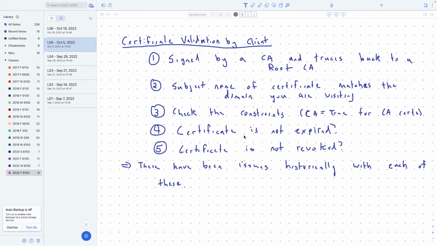All right, so last class we talked about certificates. We said that there's a bunch of checks that have to happen client side to make sure that a certificate is valid, including that it's signed by someone that's actually a CA or that has been delegated to be a CA. You can trace it back to a root CA that's on your computer. The certificate is actually for the website that you're visiting, not for some other random website.